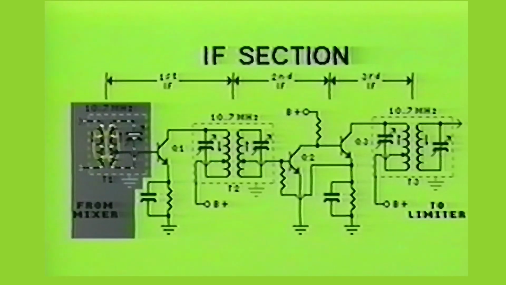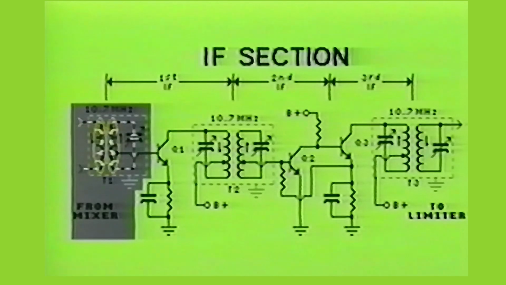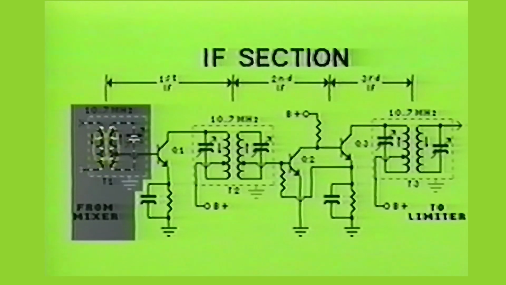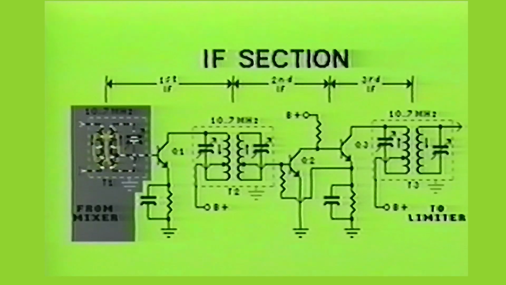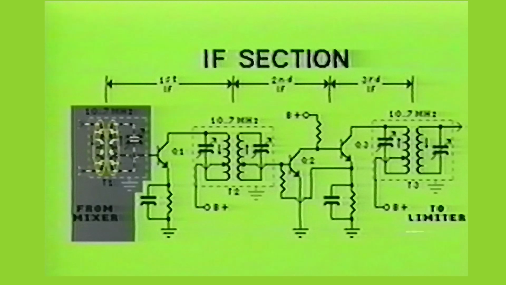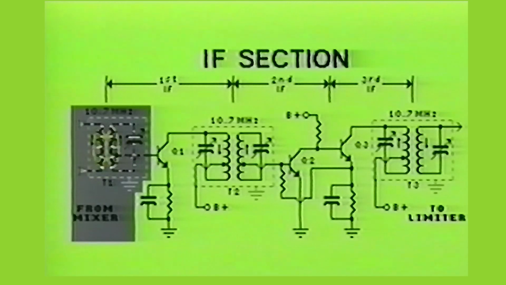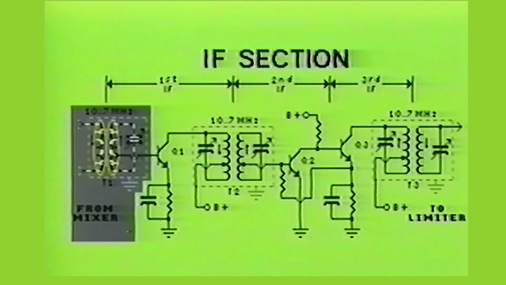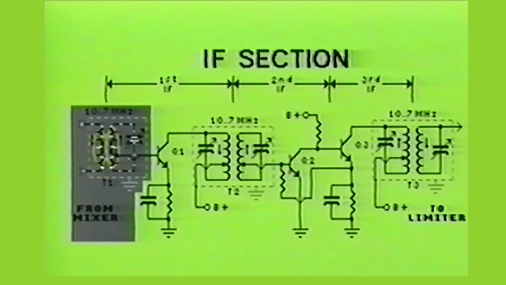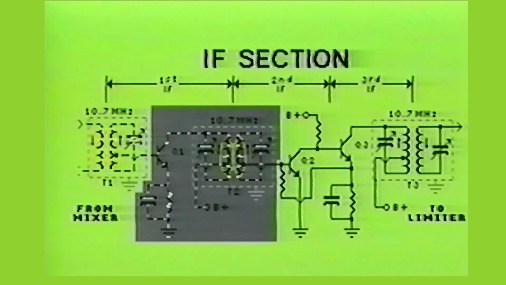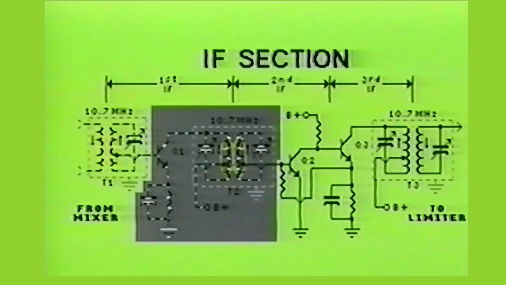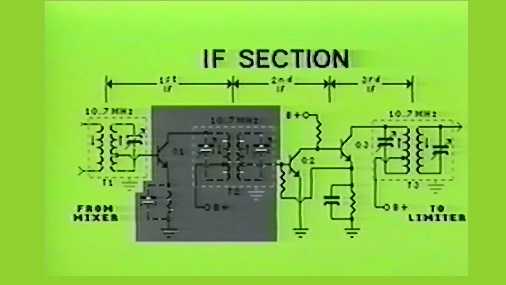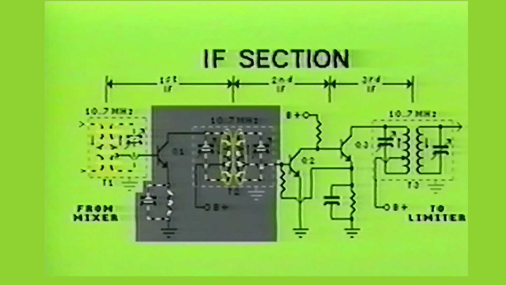As the signal from the mixer stage enters the primary side of T1, it becomes inductively coupled to the secondary. The secondary of T1 is a parallel resonant tank circuit which is tuned to 10.7 MHz. The circulating current in the parallel resonant tank circuit will continually add to or subtract from the voltage being applied at the base of transistor Q1. This results in transistor Q1 increasing or decreasing its current flow through the primary side of T2 at a rate